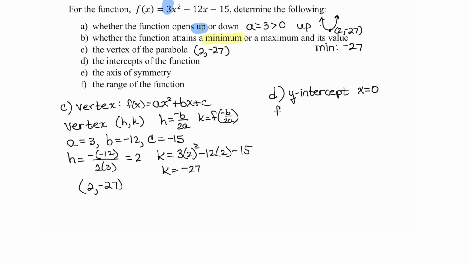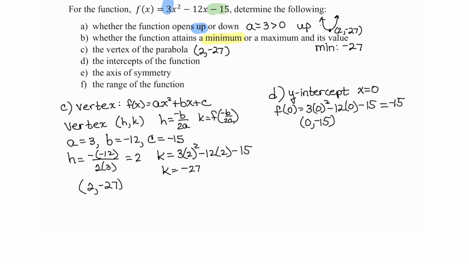So we just actually find f of 0, which is 3 times 0 squared minus 12 times 0 minus 15, or that comes out to be negative 15, and that gives our y-intercept of 0, negative 15. Now it always works out that your y-intercept for your quadratic functions will be 0, the constant term,